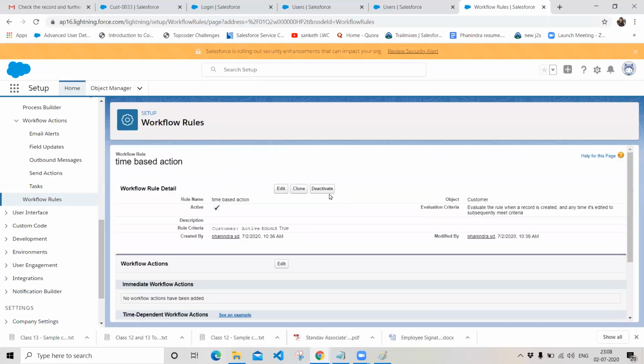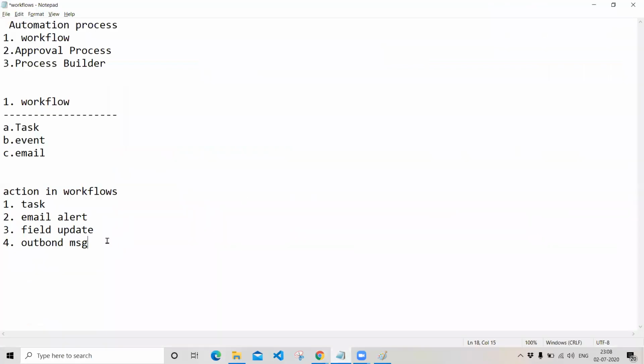These are the workflow rules that we have in our organization, and these are the specific criteria on how these workflow rules will fire. And we have some limitations with respect to workflows. For a single workflow, you can create up to 40 actions.